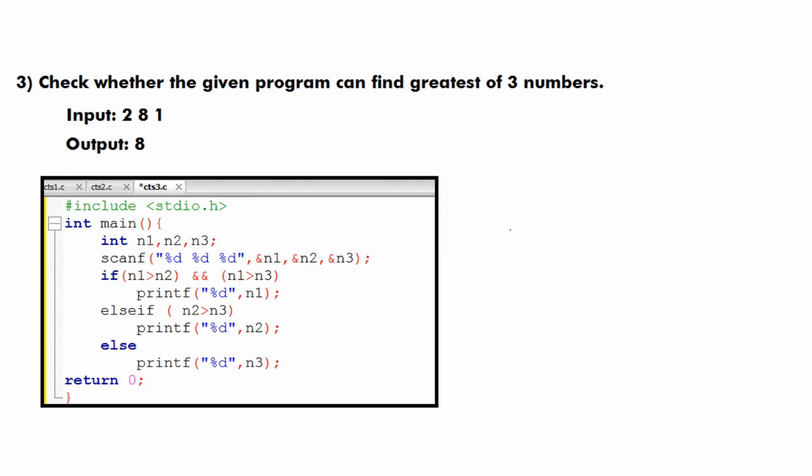Now moving to the third question. The question is, check whether the given program can find the greatest of three numbers. For example, 2, 8 and 1, and you will have to find the greatest of these three numbers. As you can see, the greatest of these three numbers is 8, so the output should be 8. Now you are given this particular code, and you will have to find any syntax error or any logical error